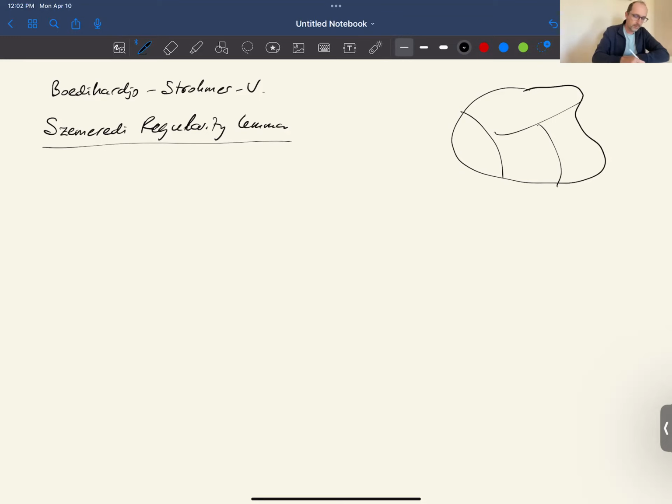And more precisely, that means that any graph on vertex set V with edges E, and for any accuracy that's desired, epsilon, one can decompose